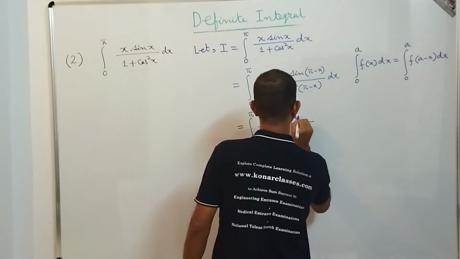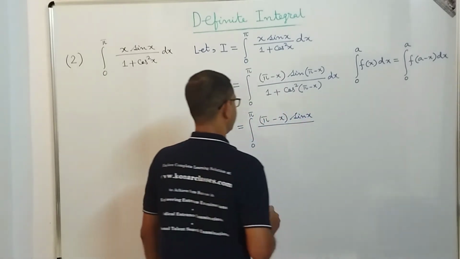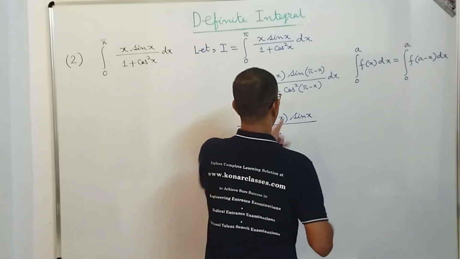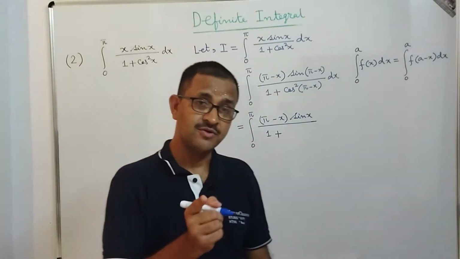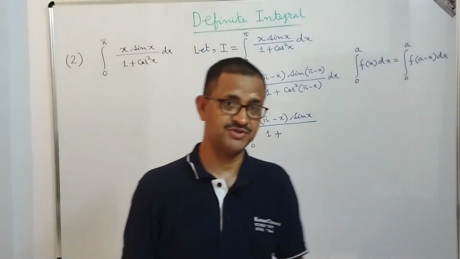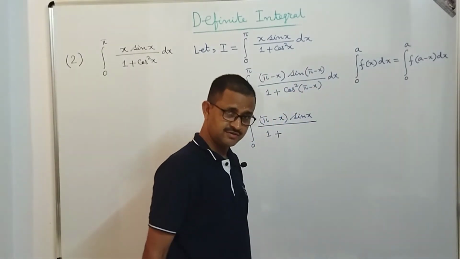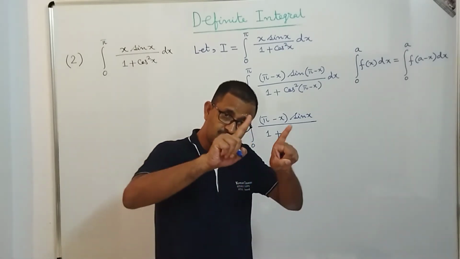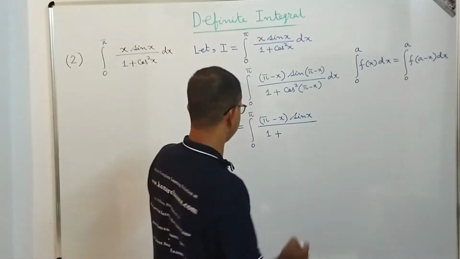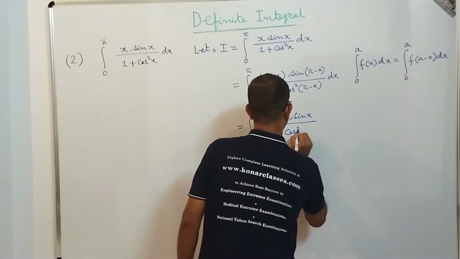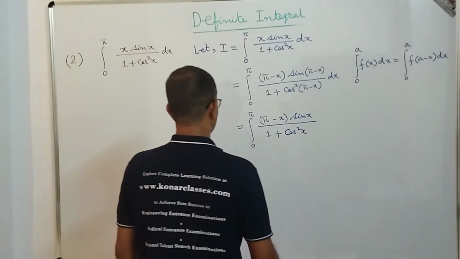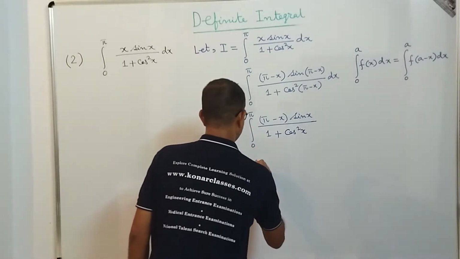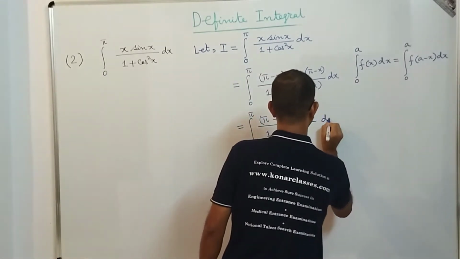Okay, so we can write here sine x and 1 plus cos pi minus x. Cos pi minus x is minus cos x, but minus cos x whole square. Cos square pi minus x means minus of cos x whole square, that is cos square x. So we can write here equal to cos square x. So what we get here, dear students? We get this is equal to, here I need to write dx.